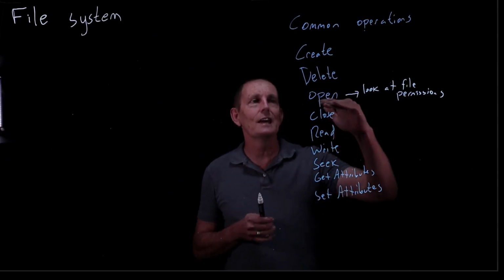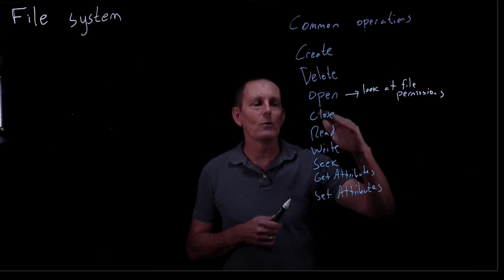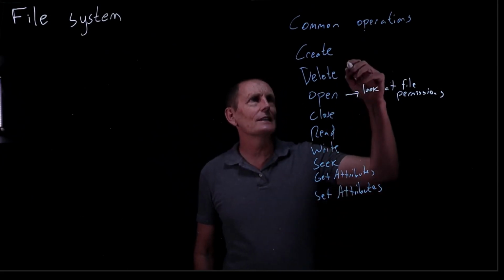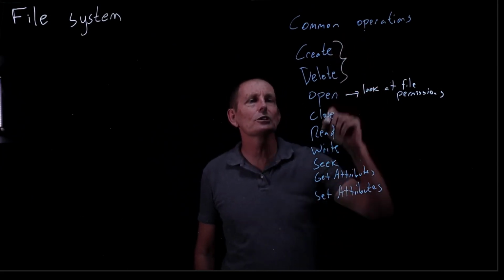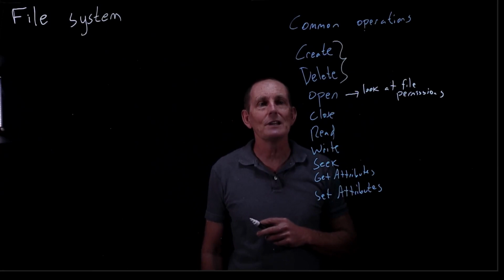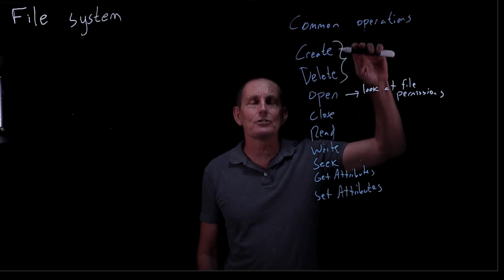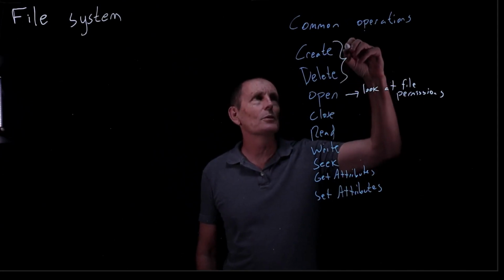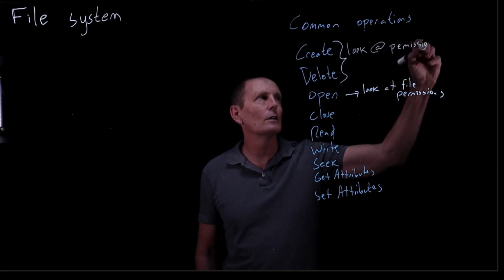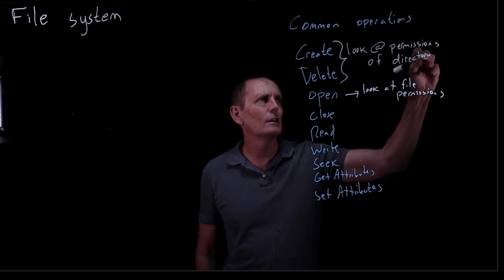If they do match, then it will keep in this open file table information about whether we are able to read or write. In creation and deletion, we also need to look at permissions, right? We shouldn't just be able to create anywhere we want. So on Knuth, you can't create in /, for example. How is that determined? Well, if we're creating, it can't really be an attribute of the file you're trying to create. Instead, we look at permissions of the directory.